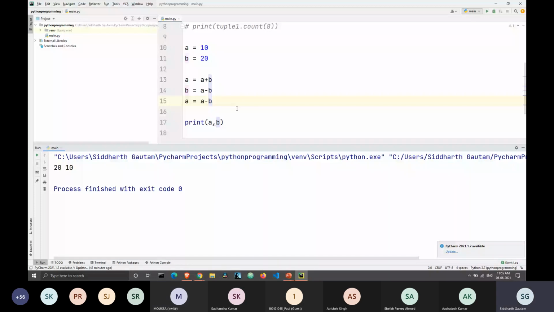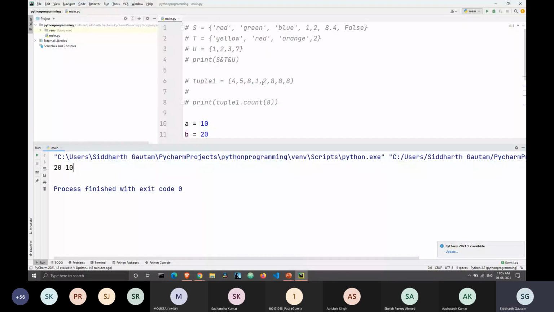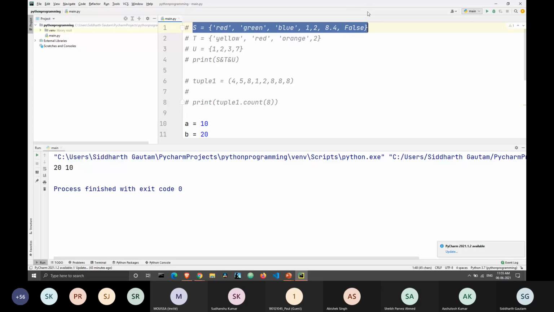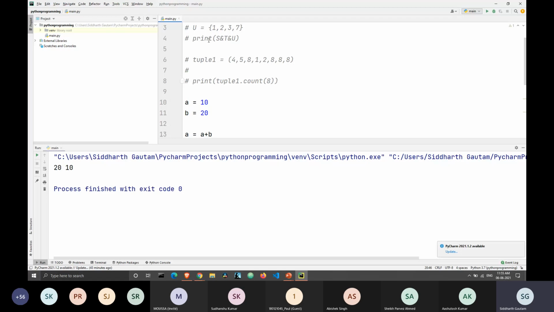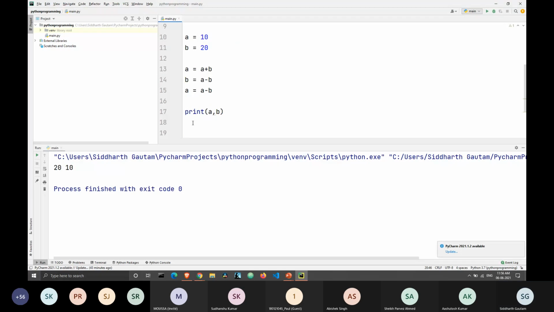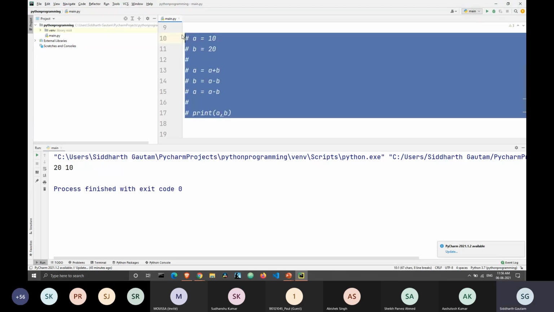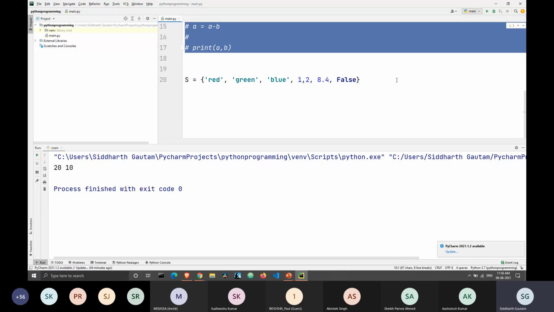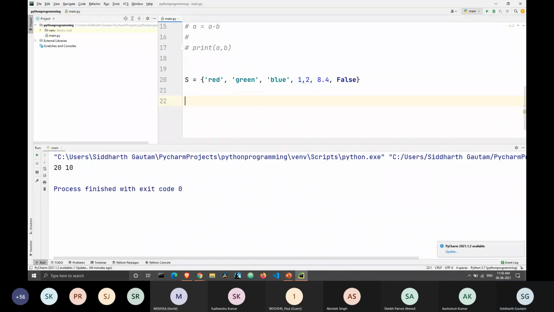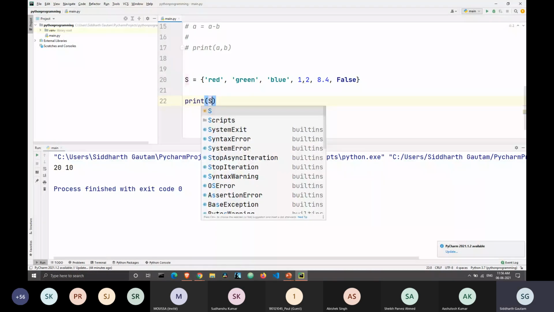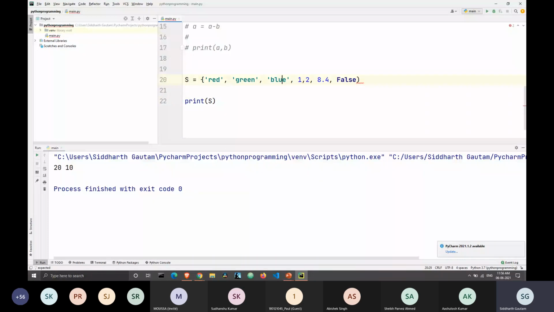Okay, so now let's take another look at slicing. I will copy paste my set from here, and let's take the set S. Although we have done slicing yesterday too, it's a little complicated topic and it's also a little bit important. So let's say I will print S. Okay, this is a set, not a tuple, so I will convert this into a tuple using round brackets.